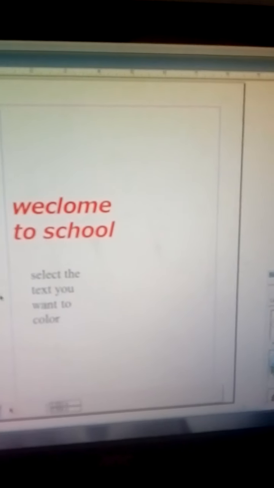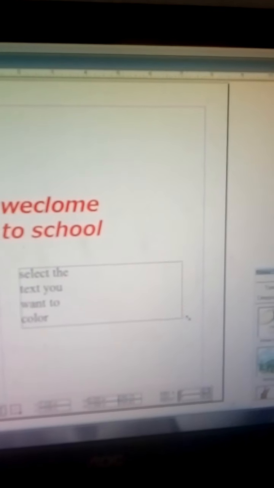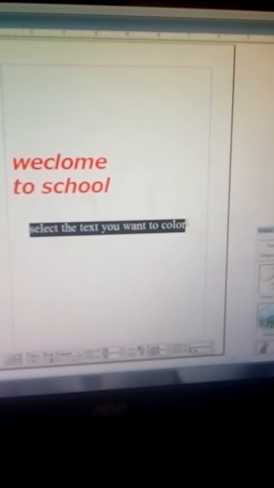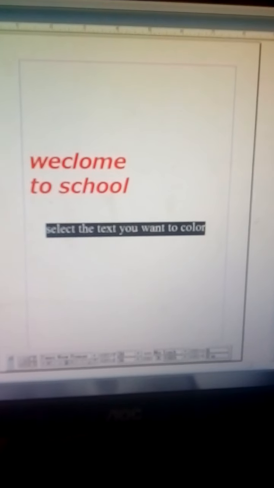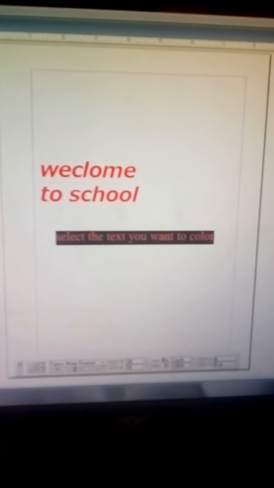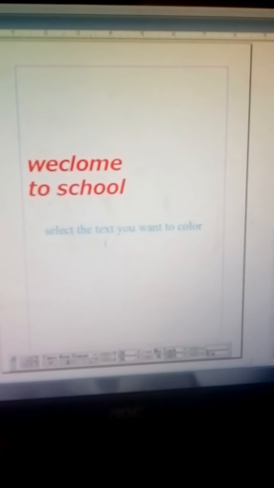This will come for multiple lines. If I want to change it into a single line, you just drag this one. This will come to a single line. If I want to give a color for this, you have to choose the text control, select the text, and then give the color. See here, the color is changed.